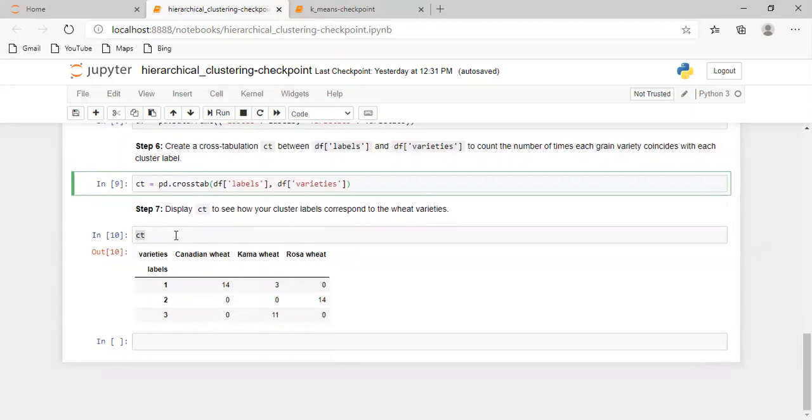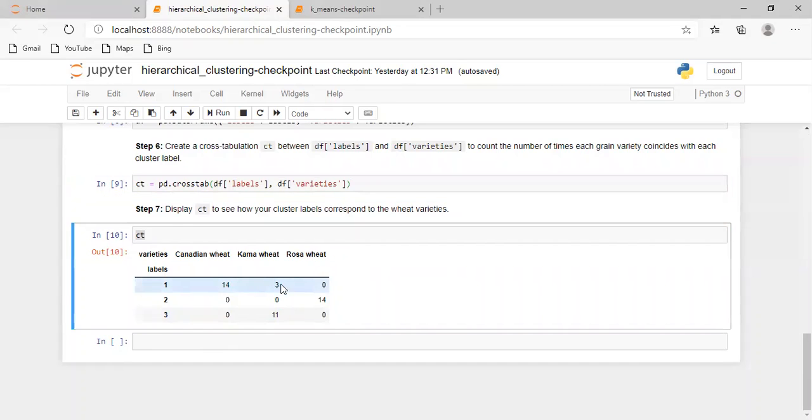Now the cross tabulation is displayed, where it contains the labels 1, 2, 3 and 3 varieties, that is Canadian wheat, Kama wheat and Rosa wheat. In this, the Kama wheat under label 1 is considered misclassified.